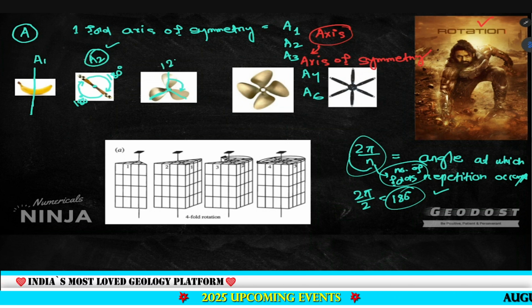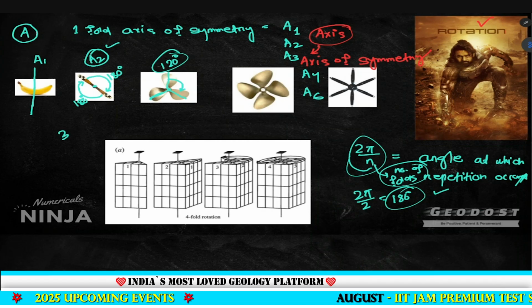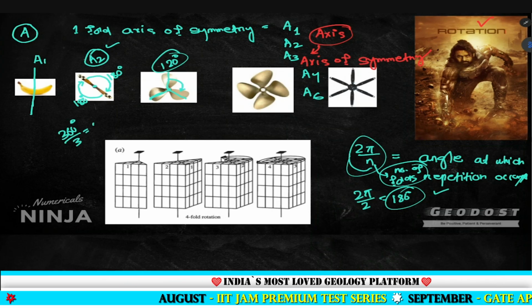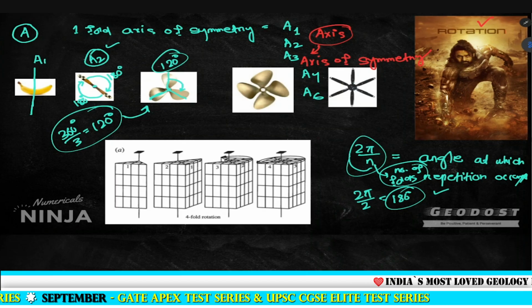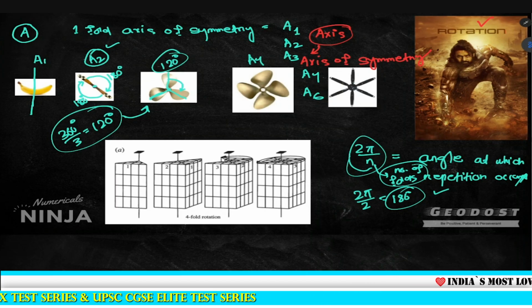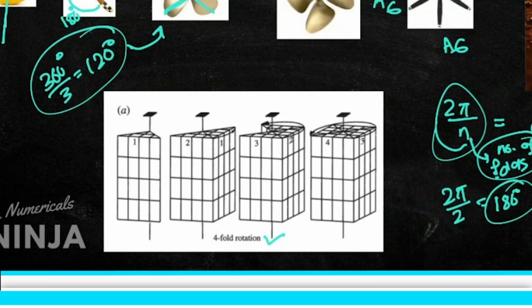It will be 120. Okay, 360 divided by 3. That means at every 120 degree, it is going to give you the same pattern. Okay, the same thing is also in case of the A4. This is in case of the A6. Okay, and you can see there is also an example of four-fold rotation. In this case it is A, and it is going to be